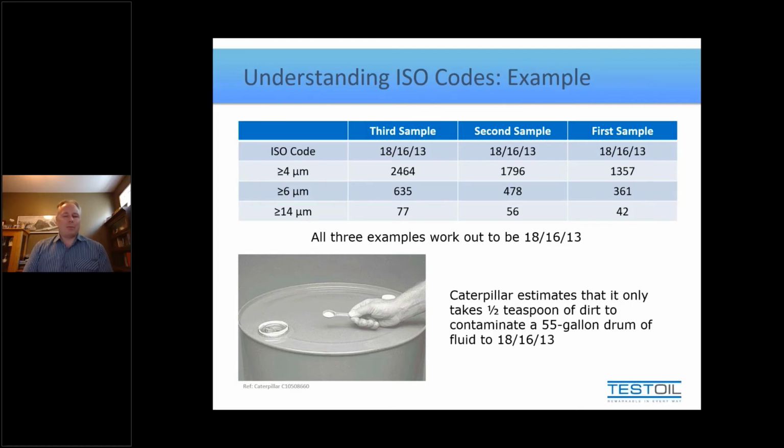So if you look at it from a perspective of ISO codes, and this is how the math gets easy, new oil being 20, 19, 16 compared to this example here being 18, 16, 13. 20 is 2 codes higher than 18. Every time the particle count goes up by 1 code, it roughly doubles the number of particles. If it goes up by 2 codes, it doubles again. So that is 4 times higher. So new oil is at least 4 times dirtier than what I'm showing you with this caterpillar study.